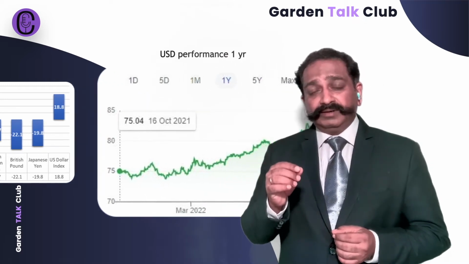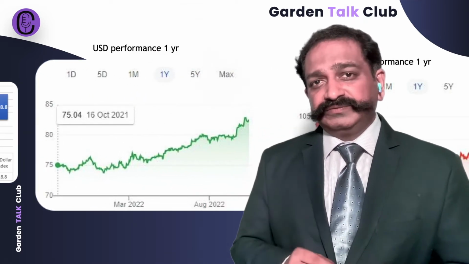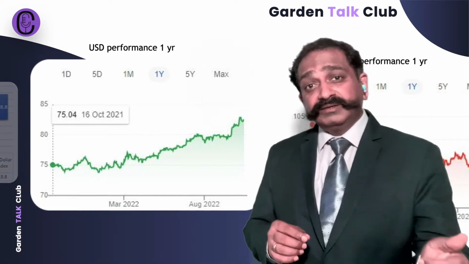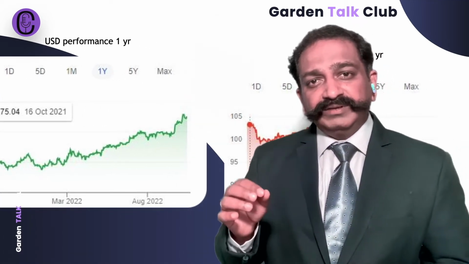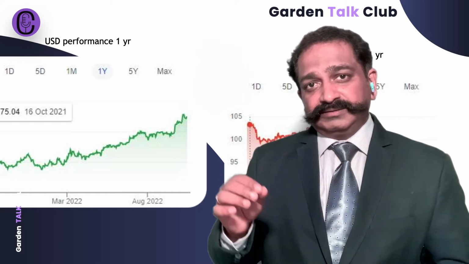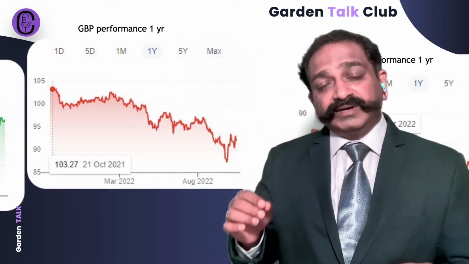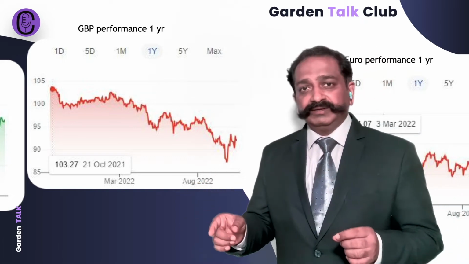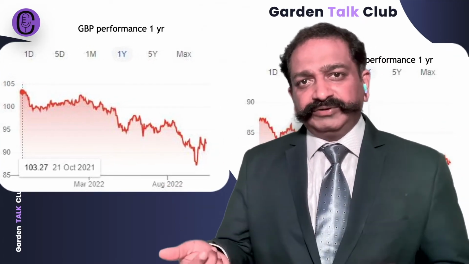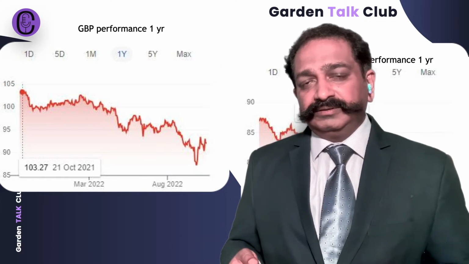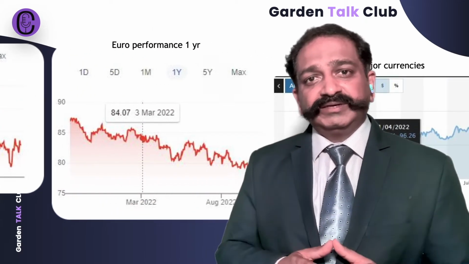One, how is the rupee performing against other major currencies of the world? Second, how are other currencies performing against USD? If the rupee is falling against other currencies also, then we can say the rupee is falling. If other currencies are also falling against USD, then we can say the dollar is strengthening. The British pound, euro and yen are the other major currencies of the world. You can check others also.